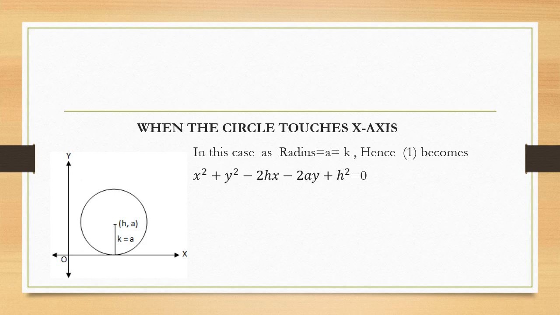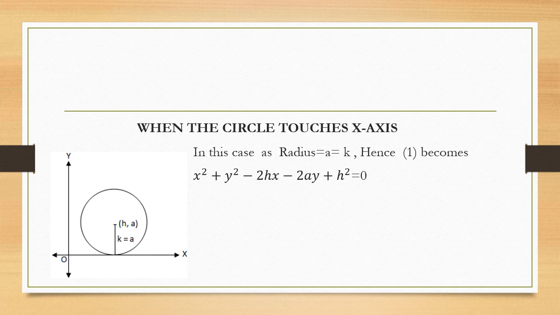In the next case, we have a circle that touches the x-axis. This is very important. Most of you will get confused. When the circle touches the x-axis, I gave a figure also. In this case, circle touches x-axis means if you look at the center and the x-axis connection, if you draw a line from the center to the x-axis that is perpendicular to the x-axis, we can say that k becomes a, or the radius will become k only.